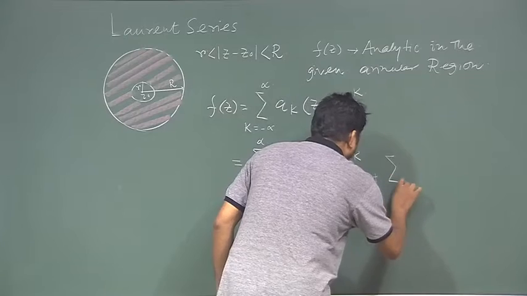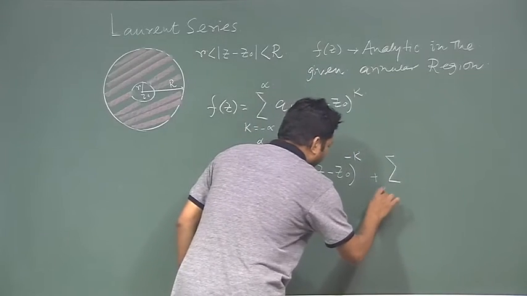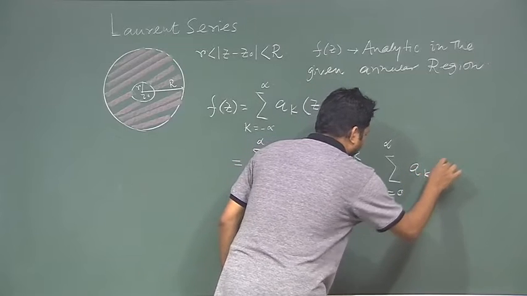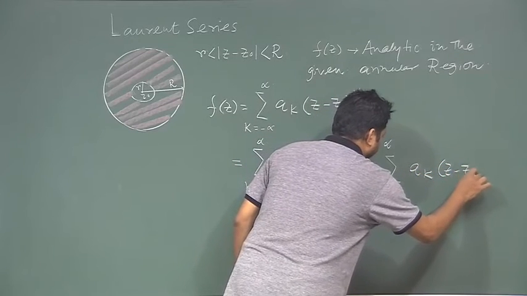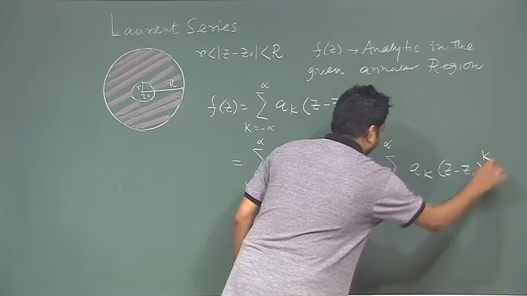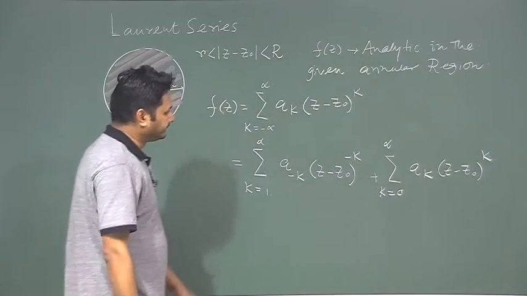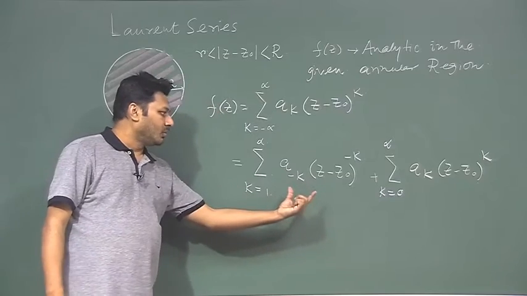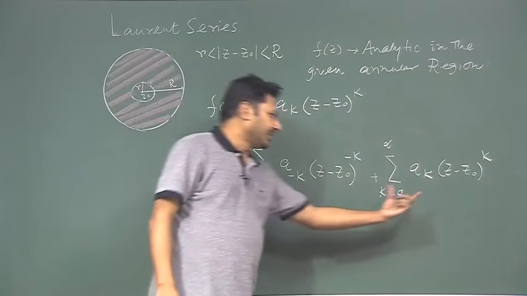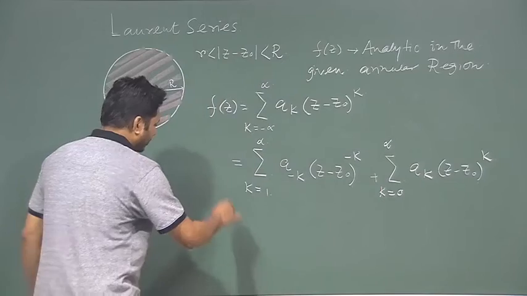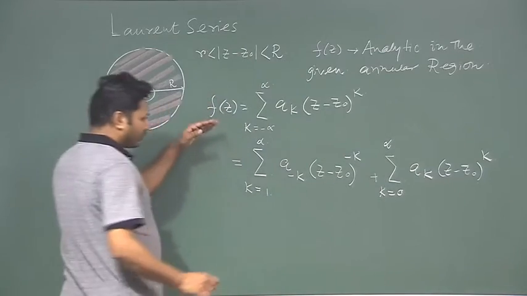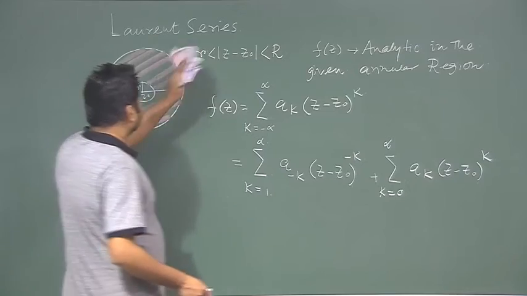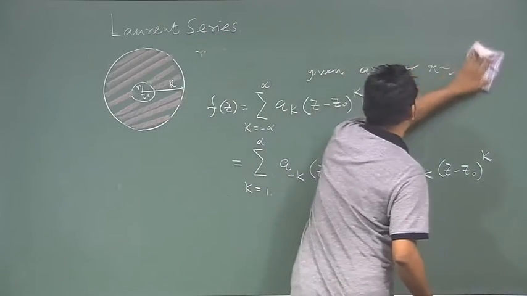And the next part is as usual, k equal to 0 to infinity, a_k (z - z0)^k. I divide the entire stuff into two parts, one is this and another is this. This portion, if I now write,